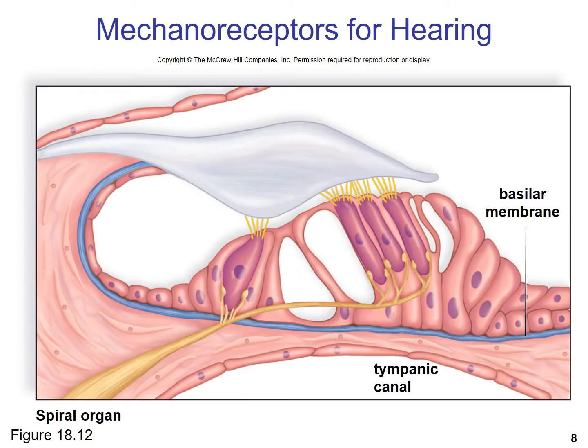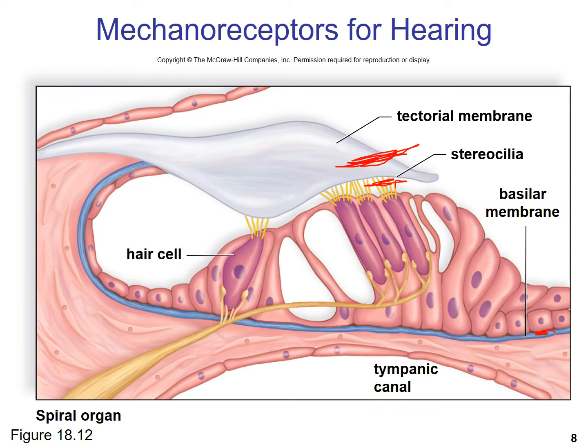Okay, so this is the basilar membrane right here in blue. That's what actually has hair cells in it. So basically the way that sound gets transmitted here is the tectorial membrane is actually moved back and forth by the pressure waves coming in. What this is going to do is it's going to bend these stereocilia right here. So these stereocilia are going to move back and forth. And what that movement back and forth is going to do is actually set off the hair cells. So it'll set off an action potential as these get moved.